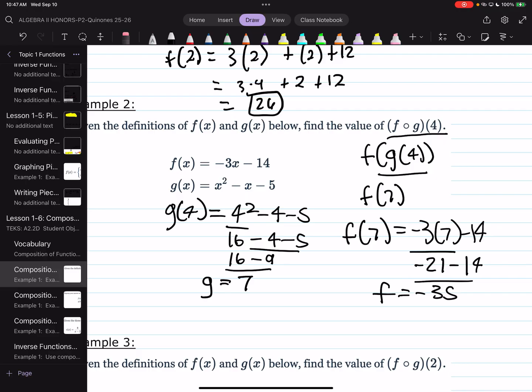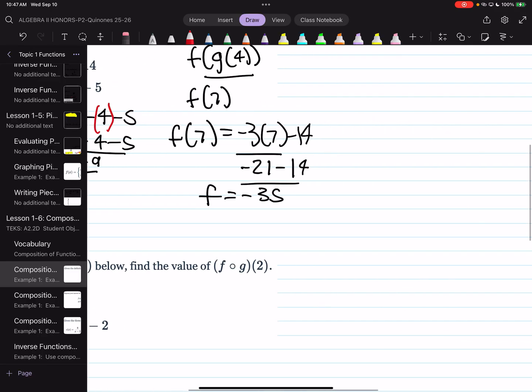You got that right, everybody. That's absolutely correct. The answer is negative 35 indeed. So let's walk through the process very quickly. G of 4. One thing I will caution you to do and not get lazy on is doing it with parentheses. And the only reason I tell you is because when you get negative numbers, if you put this into